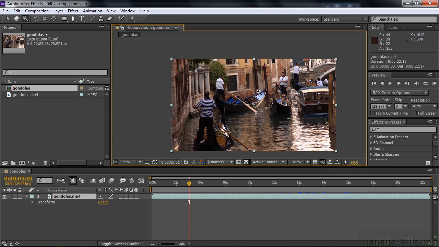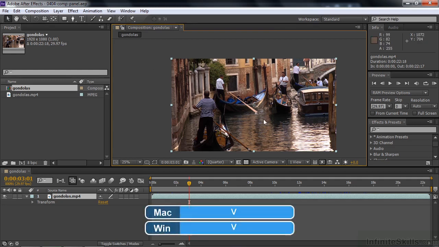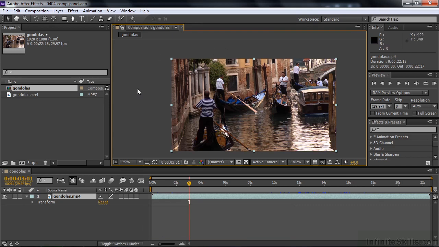And after a while, that can get kind of tedious to do. The keyboard shortcuts really work better. So rather than clicking on this guy, I'm just going to press the V key, and then we're back to the selection tool. Now, if I want to get this thing centered back up in fit, I can go back